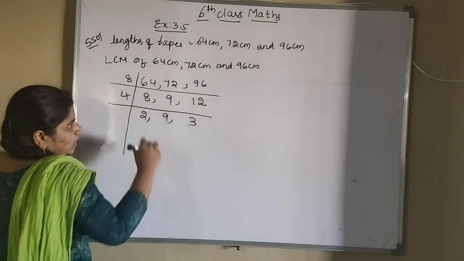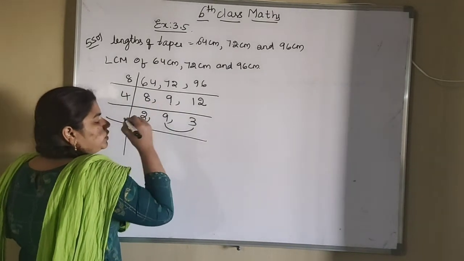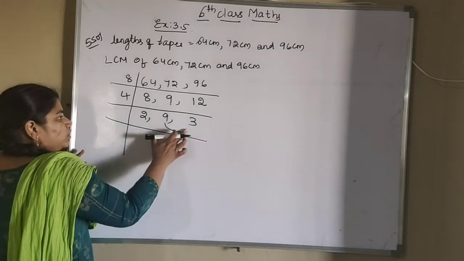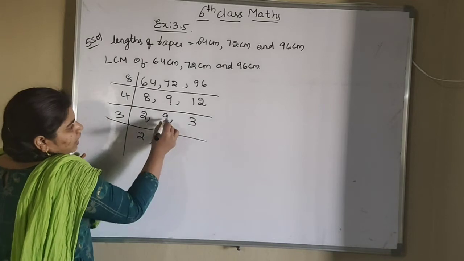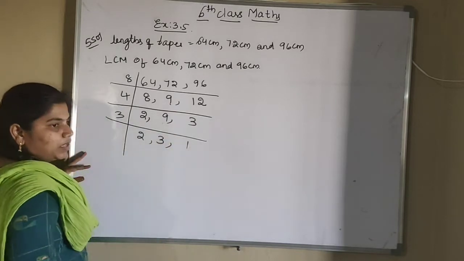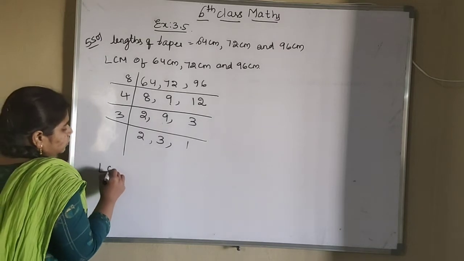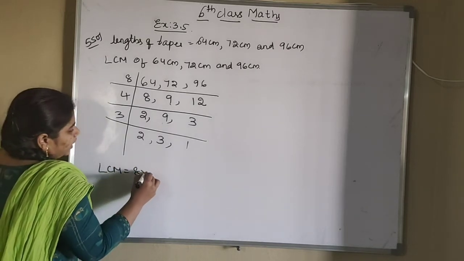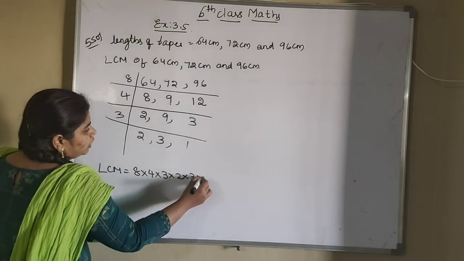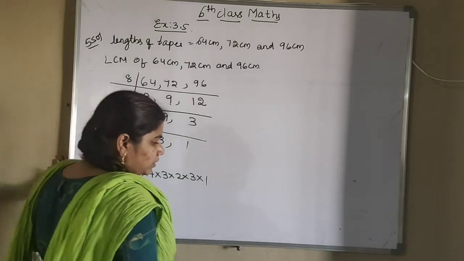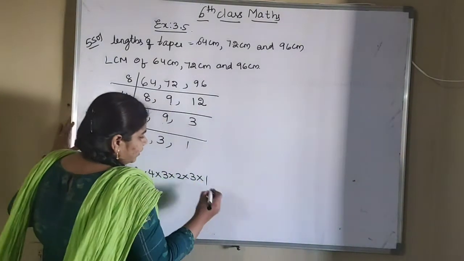4 3s are 12. Now this 9 and 3 will go in the 3 table. Is it right? So this 2 write as it is and apply with 3. 3 3s are 9. 3 1s are 3. Now you don't have any common multiples here. Directly you can multiply. So LCM is equal to 8 into 4 into 3 into 2 into 3 into 1. So just multiply these. If you multiply all these numbers, you will get